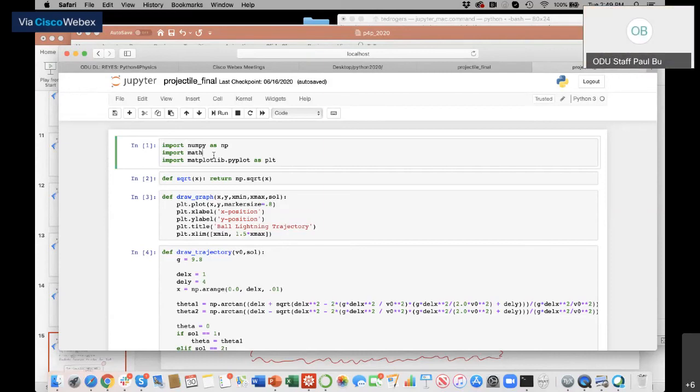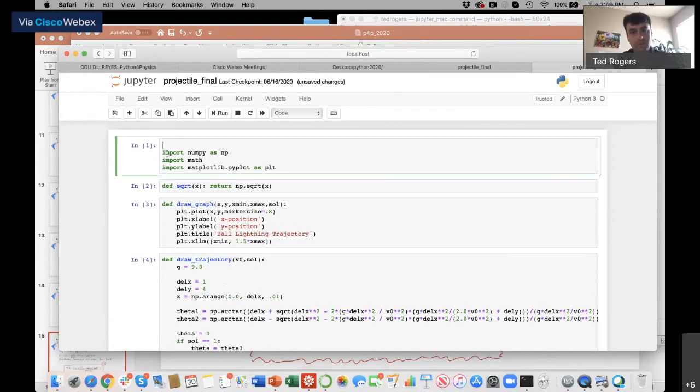I'm missing comments. In fact, I should have a gigantic comment section here at the top of this notebook with a detailed explanation of what this program is and what it's all about. Nice thing about Jupyter is it has its own sort of markdown language.